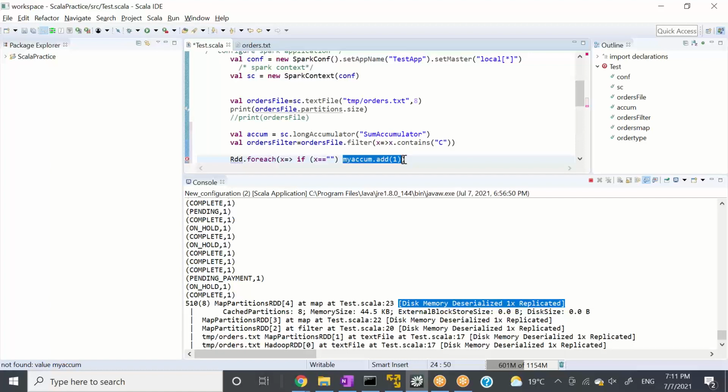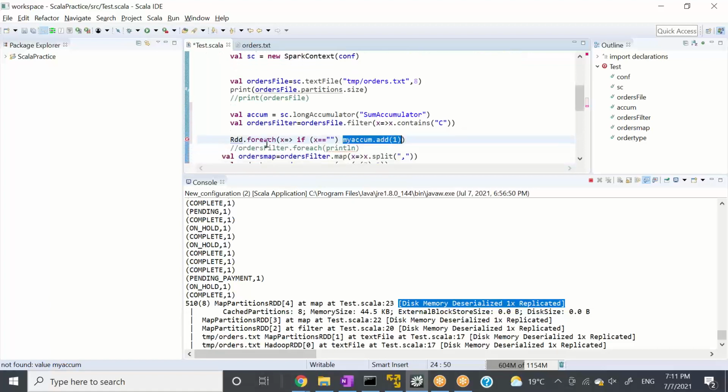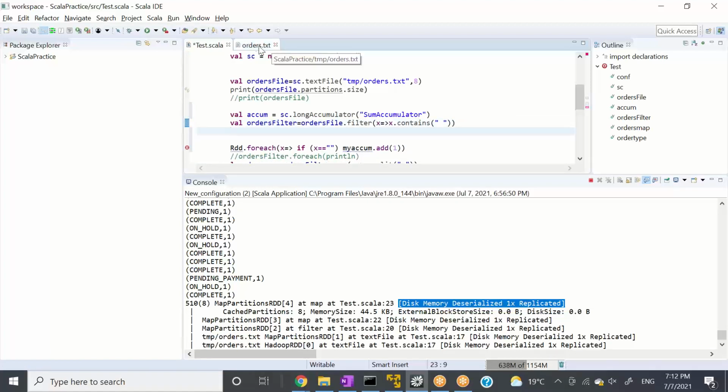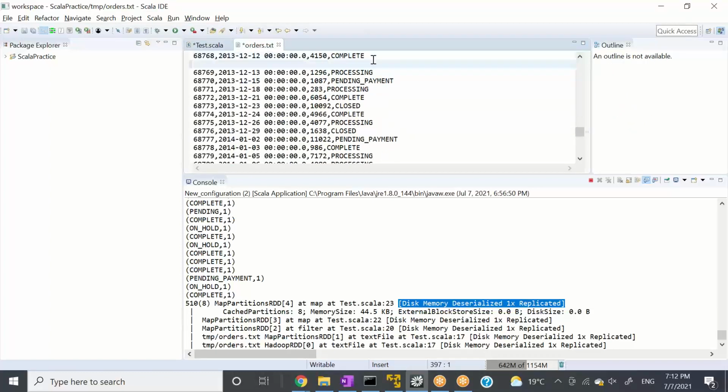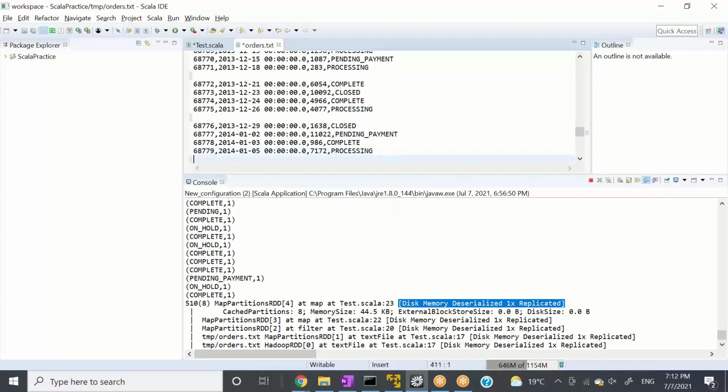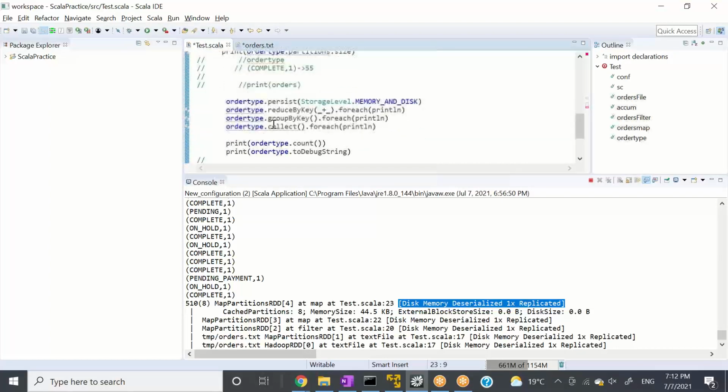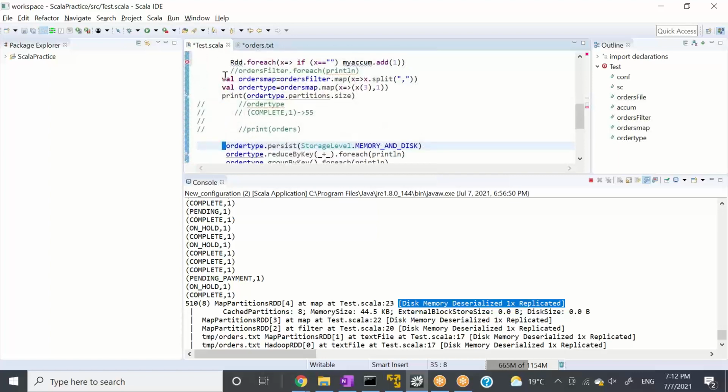Let's make it simple: put a space, put a space, put a space, and Control S. I just put the spaces here.